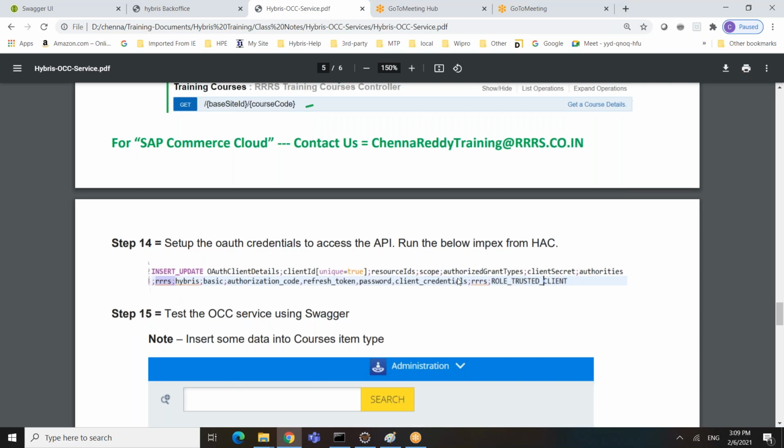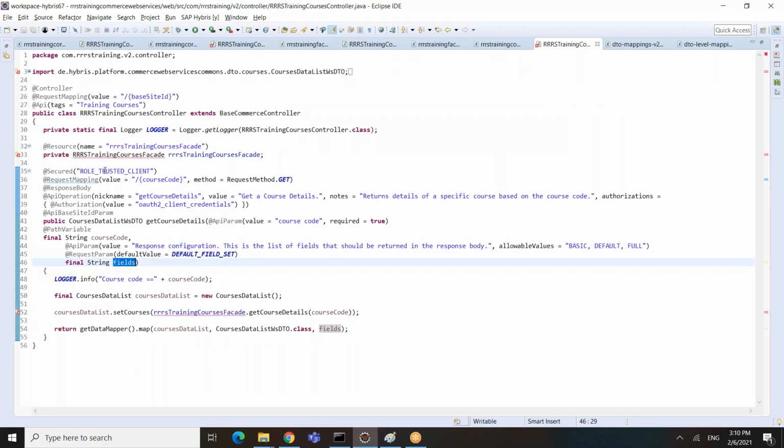When you create this user, RRS is the user and the password is RRS. This user is associated with the role trusted client, which means this user is allowed to access this method.